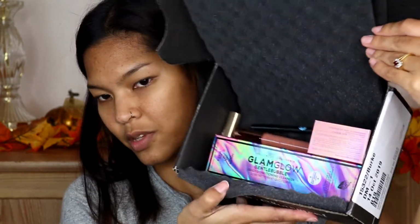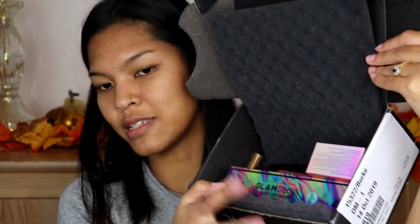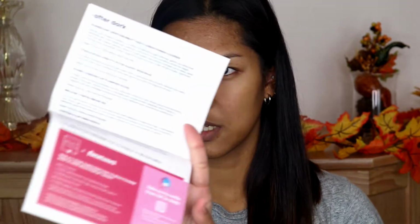And this is what came for this month. I already see one of my favorite brands, Glamglow, and I'm super excited. And of course they come with this paper. This box is called After Dark. Kind of suits the month of October, the Halloween thing, but I don't know if these products here will be Halloween themed, but we'll see. So in here we're gonna start with